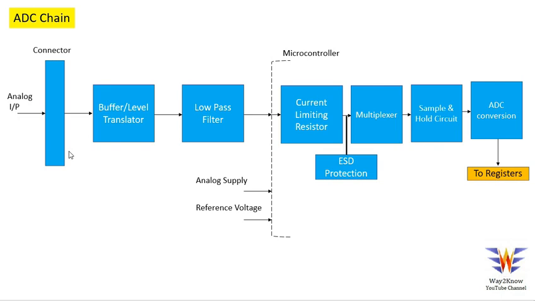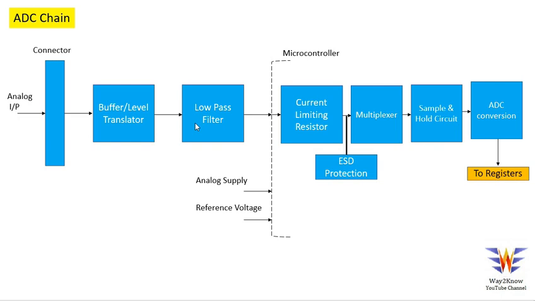And after that we use something called a low pass filter. So this low pass filter is nothing but a simple RC circuit to disable all the high frequencies which exceed beyond the Nyquist rate. For example, let us assume you have some specific fundamental frequency, twice that frequency and above that will be eliminated using this LPF.